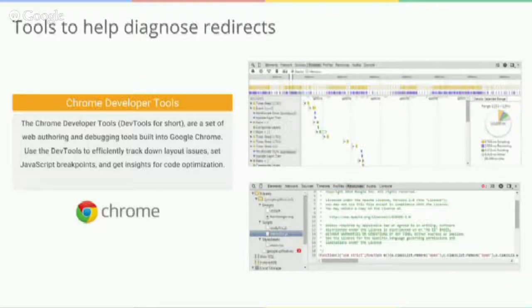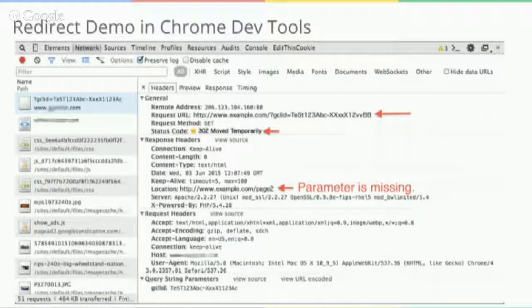And the way you access it would be a little bit different between the different operating systems you're on. And so probably the most important thing, though, to be aware of is what the information you're looking for, because you don't necessarily have to use Chrome Developer Tools for this. You can use a variety of tools that allow you to check for redirects. But the particular example I wanted to give you is looking at the Network tab within Chrome Developer Tools. And so what this allows you to see is a particular request for a page and then what the response of the server is.